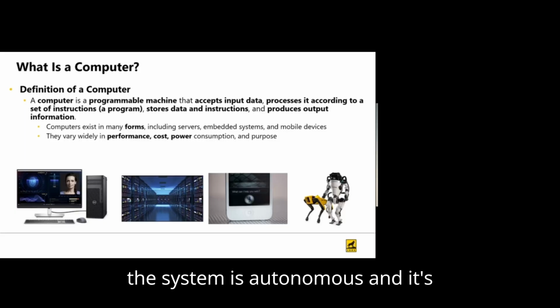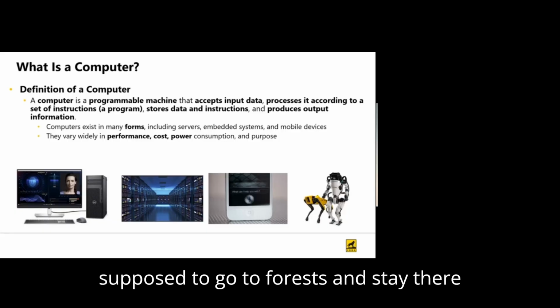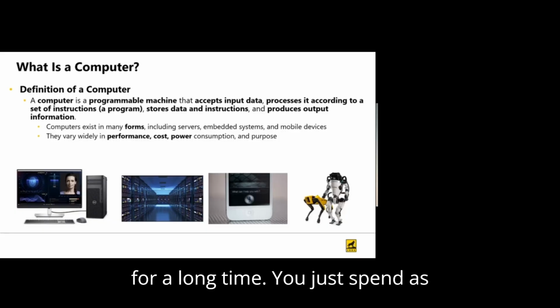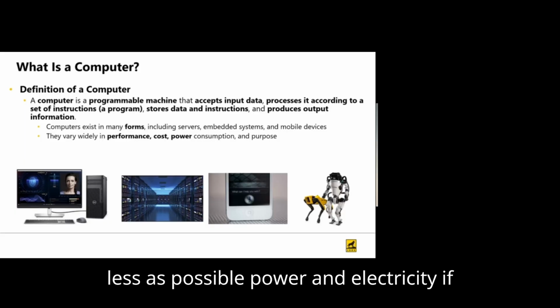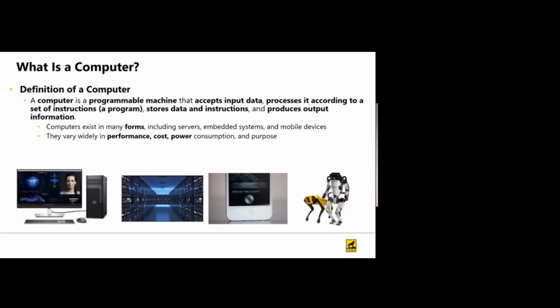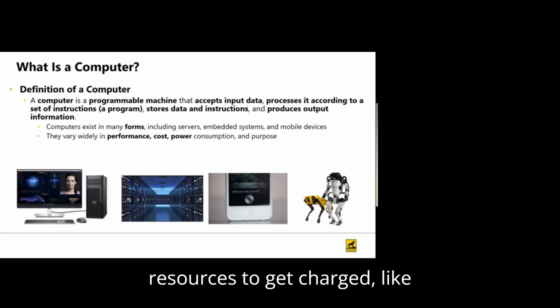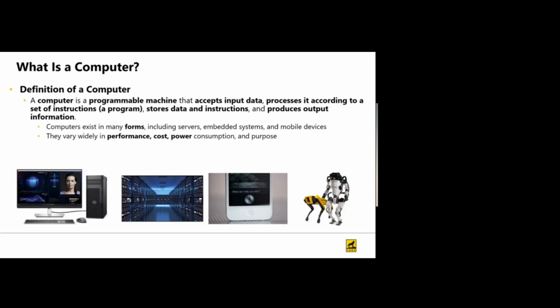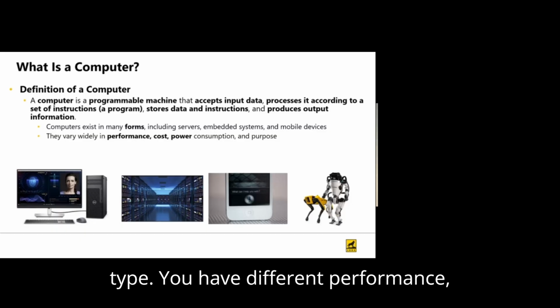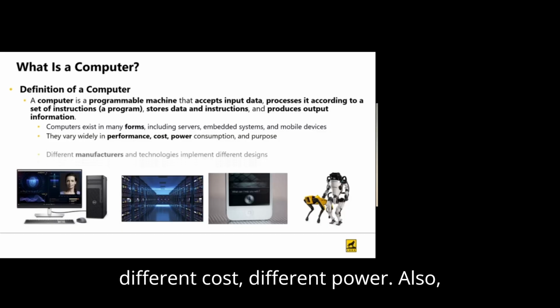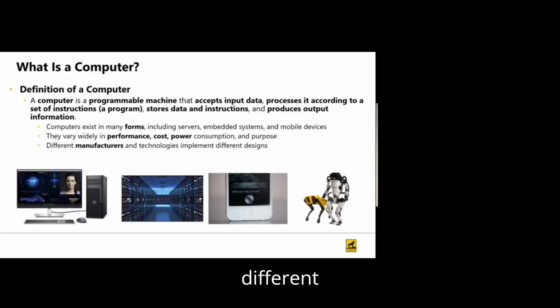So the system is autonomous and it's supposed to go to a forest and stay there for a long time. You need to spend as little power and electricity as possible to work, or have some resources to get charged, like using solar or whatever. So that's again a different type. You have different performance, different cost, different power, also different